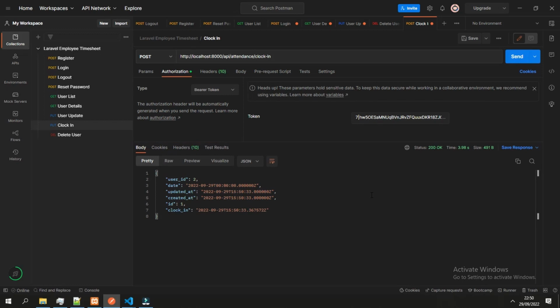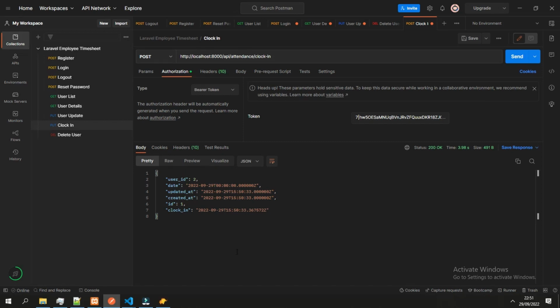Now it returns succeed, and now we have the first attendance of the user ID number 2 with the clock in data in here and the date of today.